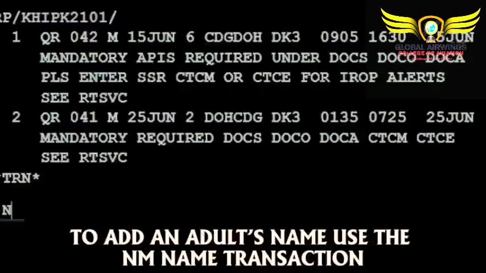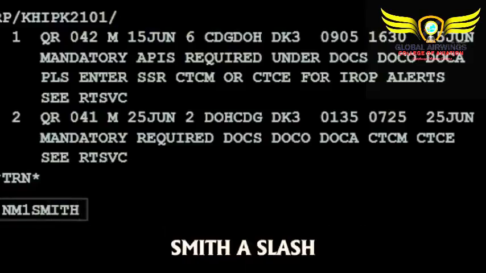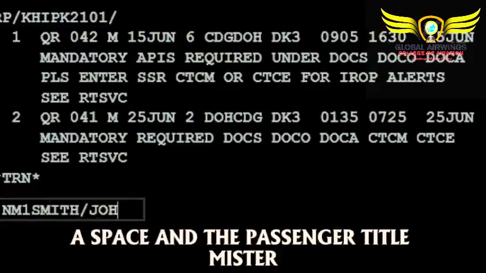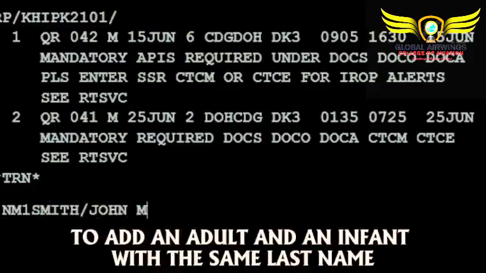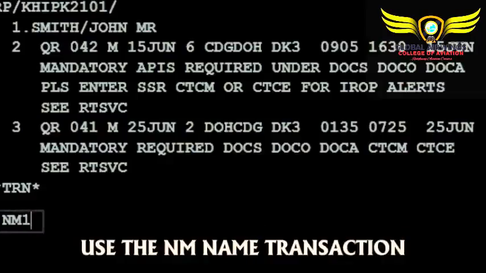To add an adult's name, use the NM name transaction, followed by the seat holder number 1, last name Smith, a slash, the first or given name John, a space, and the passenger title Mr. To add an adult and an infant with the same last name, use the NM name transaction followed by the